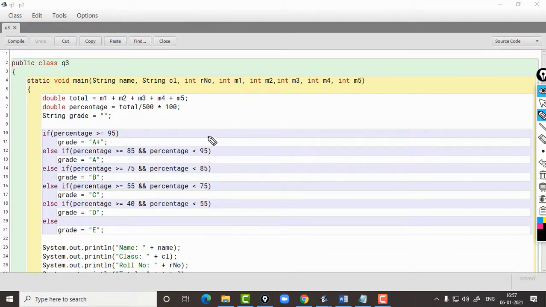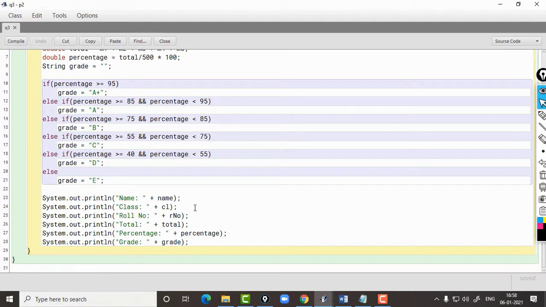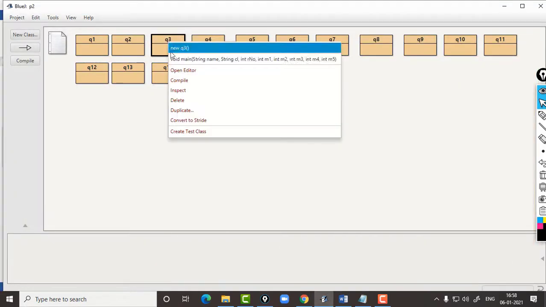So, this will decide the grade and then ultimately will print all the data available. Okay. So name, class, roll number, total, percentage and grade. So let's have a look at the output.